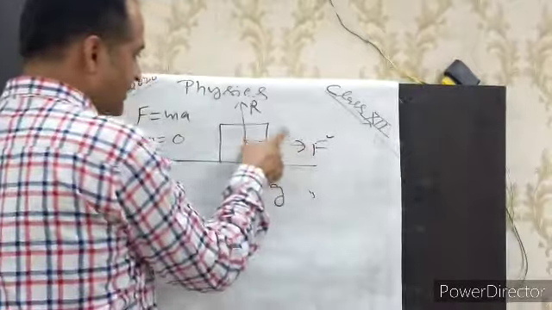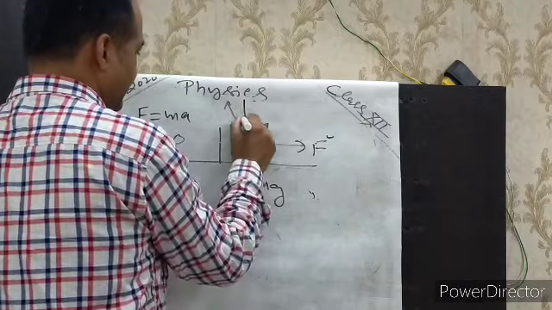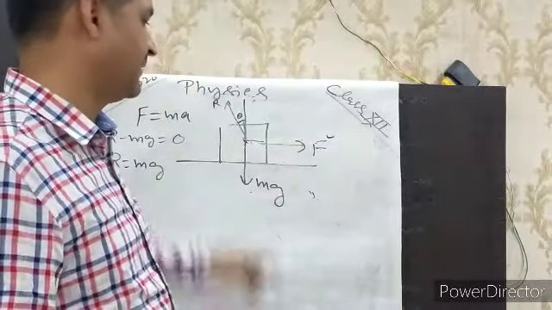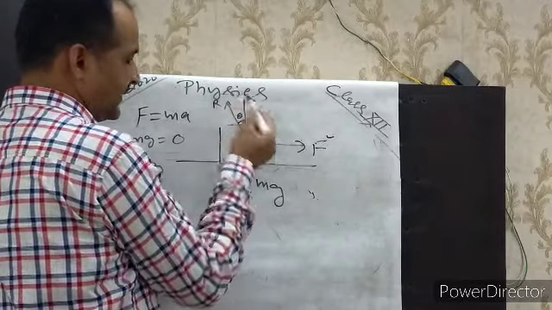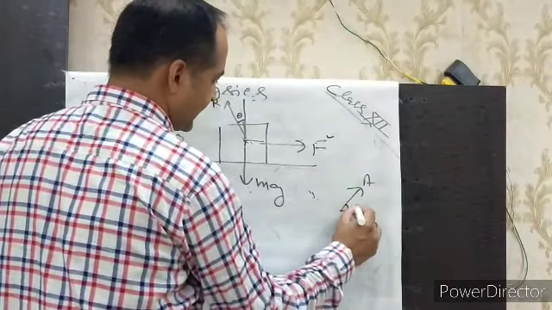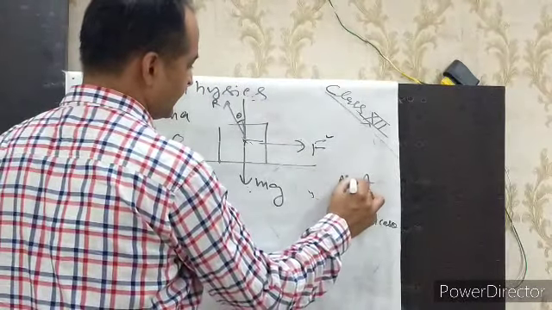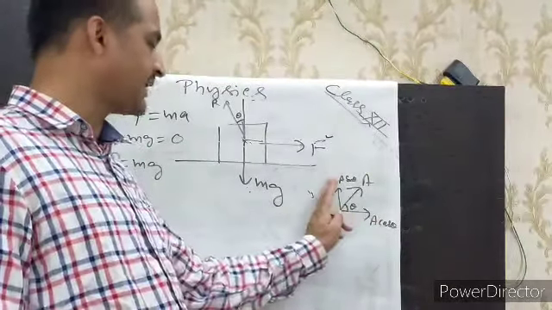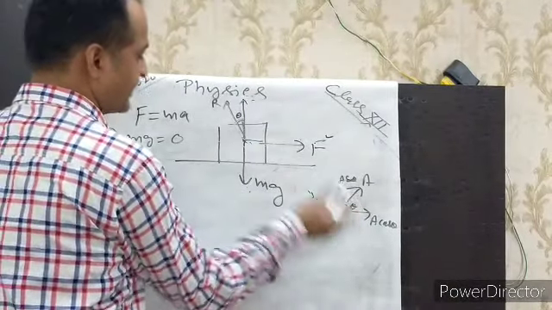When you apply a little force, then it will shift a little in this direction. Suppose at an angle theta from the vertical, R will shift in this direction to help this table not to move. Is it clear? Then what will happen? R will be divided into two components. If this angle is theta, this is R cos theta and this is R sin theta. Towards the side of the angle, it is always the cos component, and perpendicular to cos, the sin component.